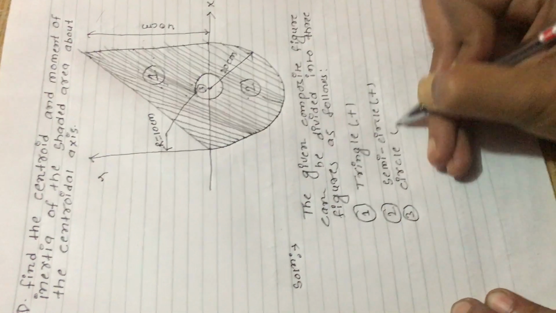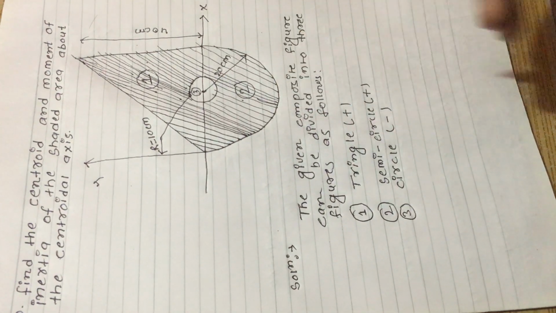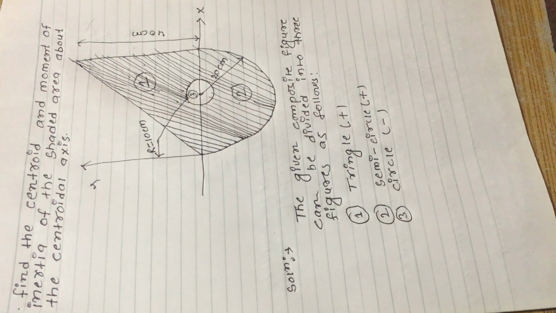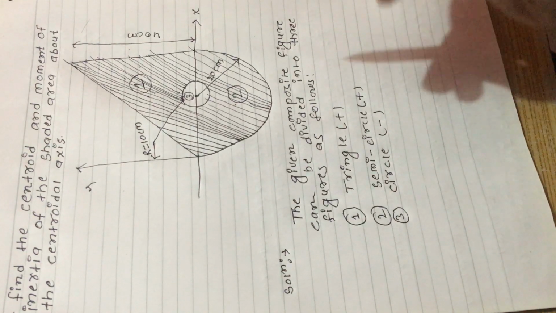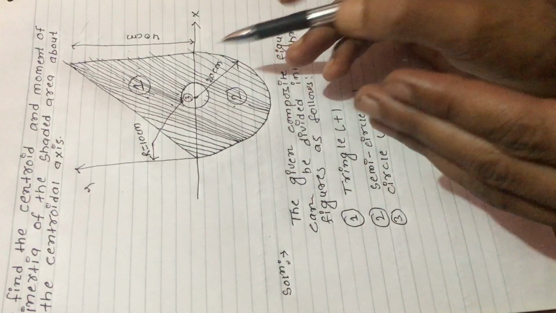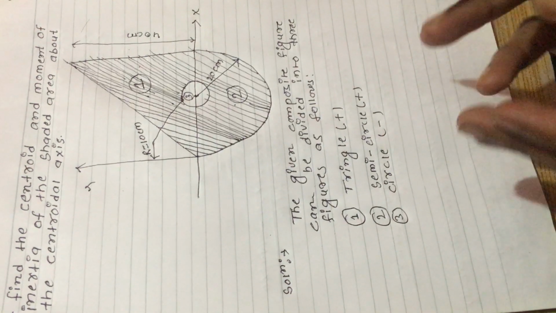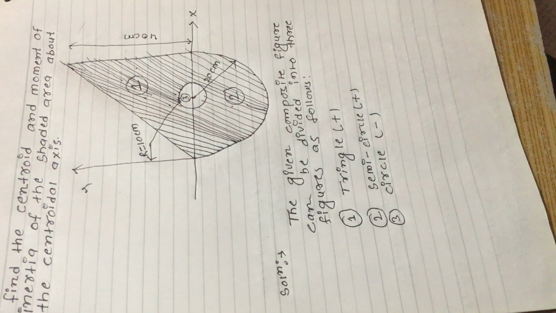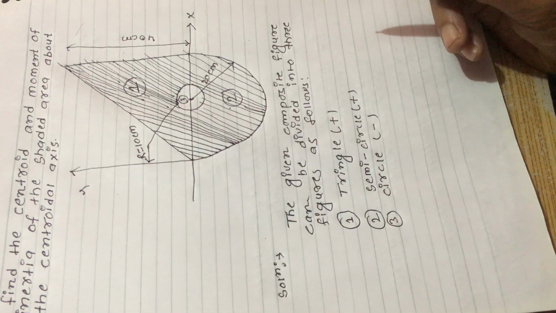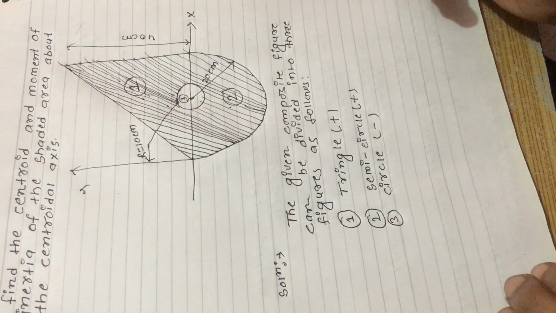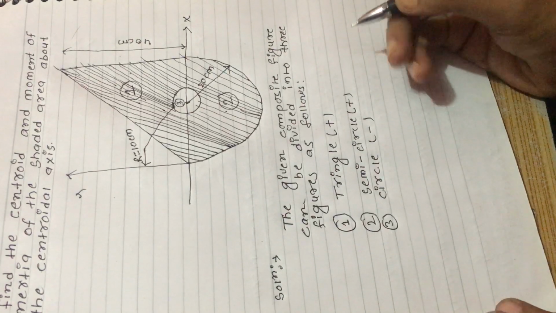circle, that is negative. The circle is negative because in the circle we can see there is no shaded line inside. In accordance with the question, we have to calculate the centroid and moment of inertia of the shaded portion only. So we have to exclude this circle from this composite figure so as to calculate the centroid and moment of inertia of the shaded portion only. So our next step is the calculation of area